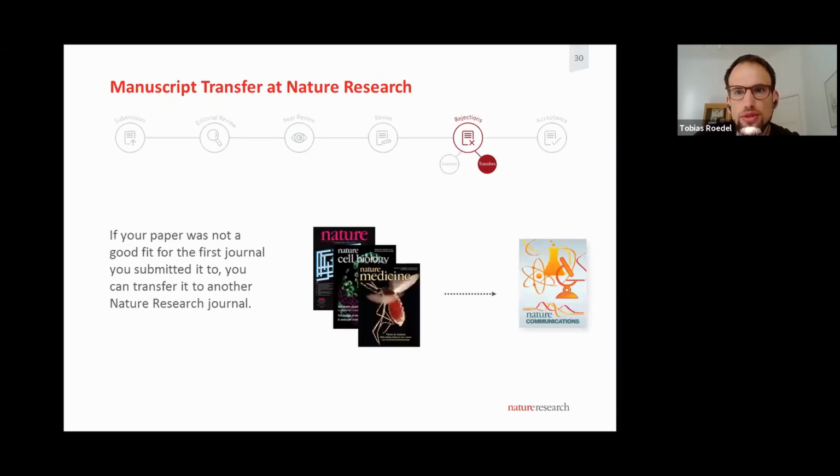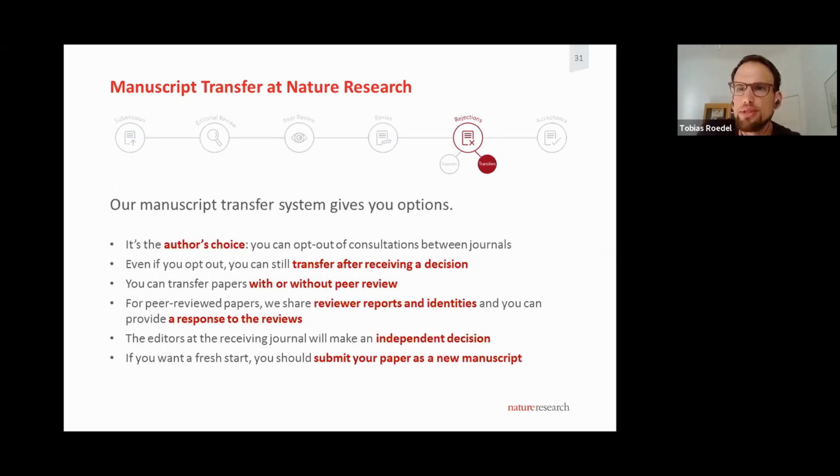And if we do reject your paper, there's always the option to transfer your work to one of the other journals, Nature Physics, Nature Nanotechnology, or also Nature Communications. And we can help you do this by talking to the editors at these journals, to make it easier for you. You can do this transfer by including the review reports, or by getting new referees. That's up to you.